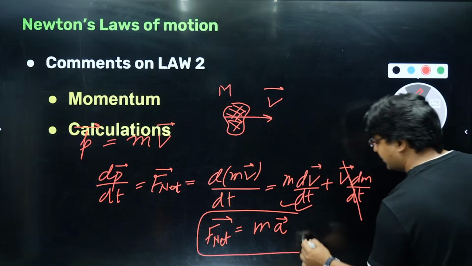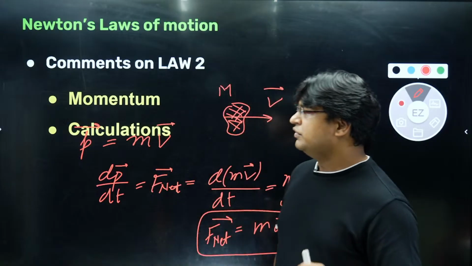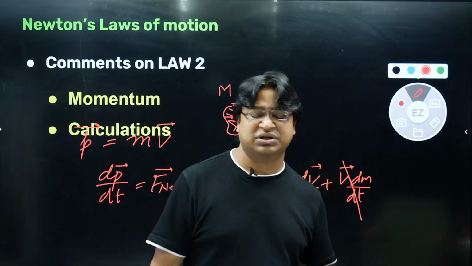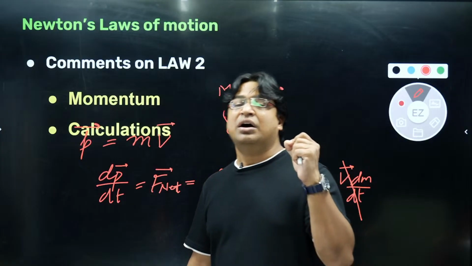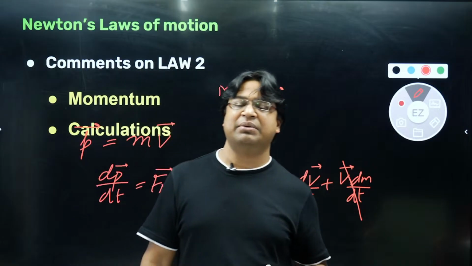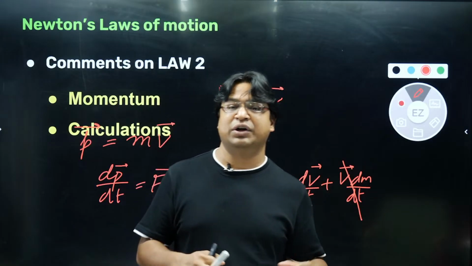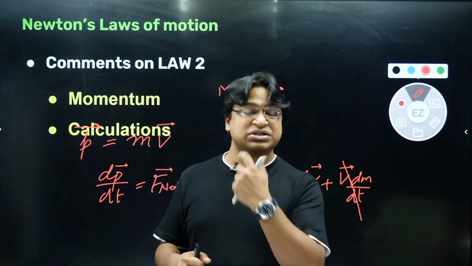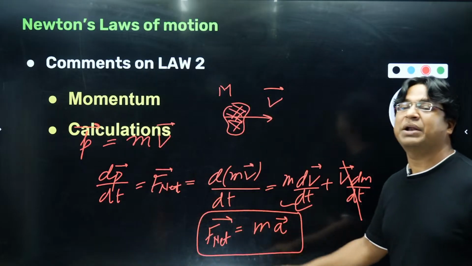Okay, so remember that this equation is valid when the mass of the object is constant. Now you will ask me, sir, mass is always a constant. Why are you saying that the mass is not constant? So guys, there may be situations in which the mass may not be constant. For example, a rocket is a brilliant example of a vehicle with variable mass. The major fraction of the mass of a rocket is its fuel. So as the rocket is going into space, as it is burning the fuel, the mass of the vehicle is significantly changing. So this equation won't apply on a rocket.